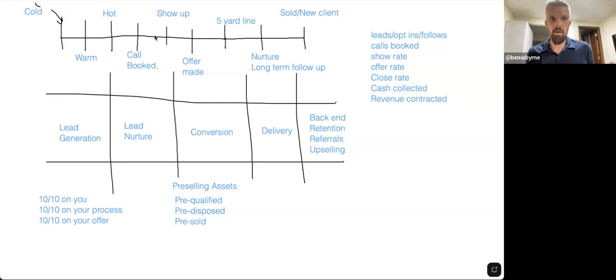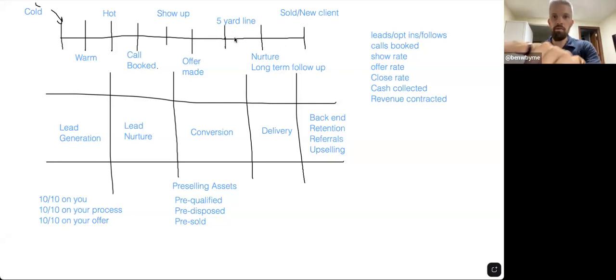But what do most people focus on? They focus on lead generation. They focus on cold DMing and cold emailing. They just try to get more and more and more. Versus if we're smart with our time, somebody who's already been on the phone with you, they've gone through your content, your pre-selling assets, they're at the 5-yard line, they just have to say yes. It's way more worth our time to follow up with those people versus someone who's completely cold. It's way worth our time to follow up with someone you've spoken to a month ago. They still kind of remember you, you've already spoken to them, like someone in this nurture category. Way more worth it for you to speak with them than someone who's cold, right?